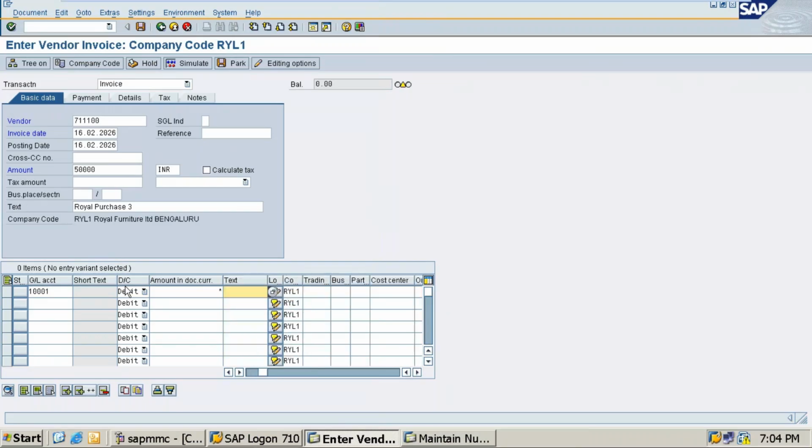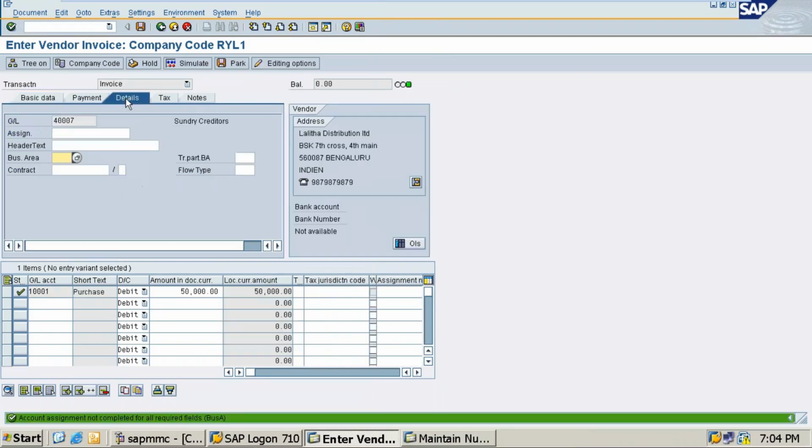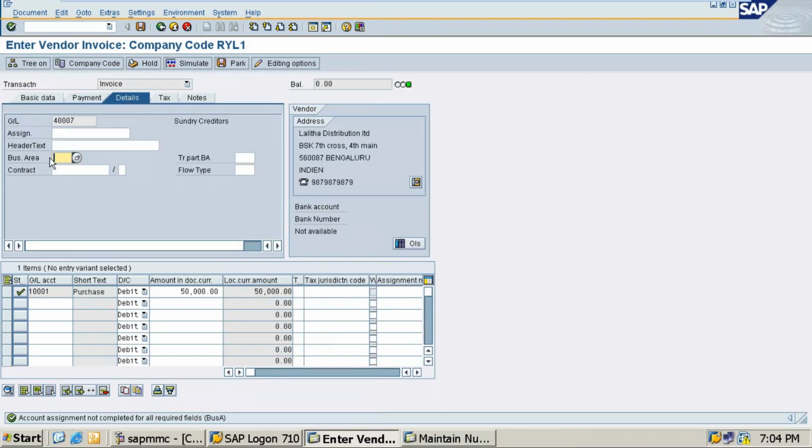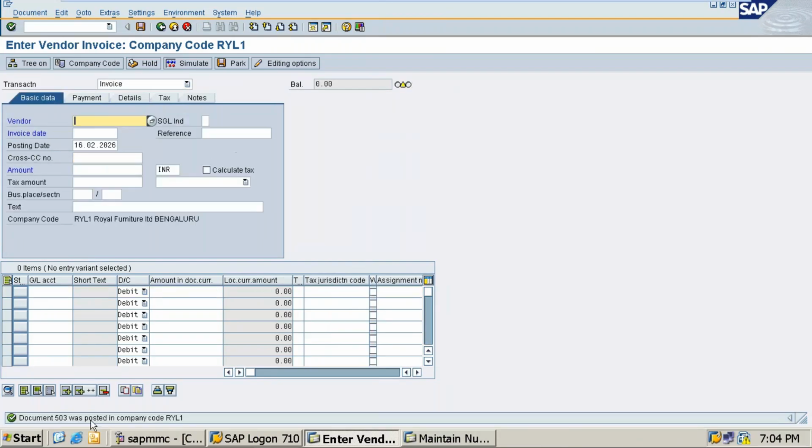Then amount, to copy, star. To copy the narration, that is the text, it is a plus. Go to the details tab, business area. I'm doing it for RYLB, Bangalore branch. Now Control S. So 403 entry is made. Let's go now and check what the outstanding bill is. So /n